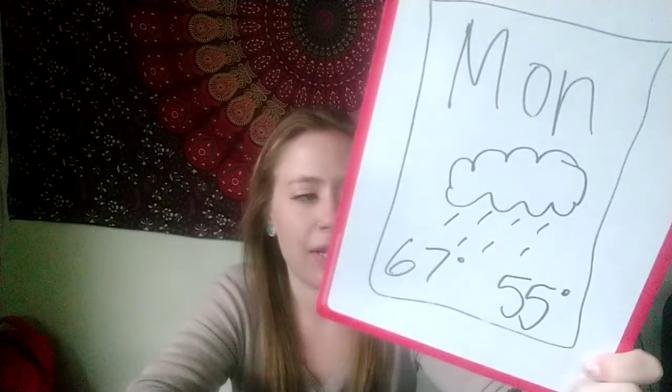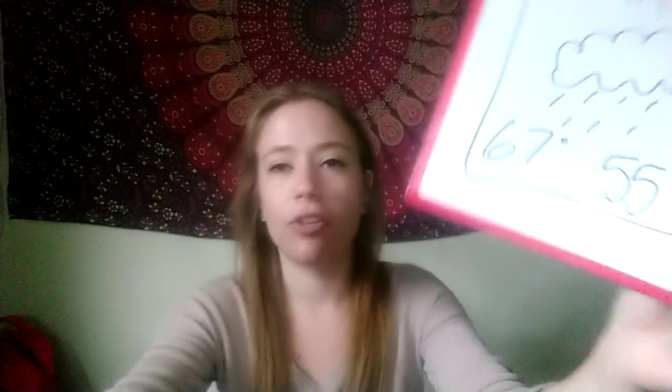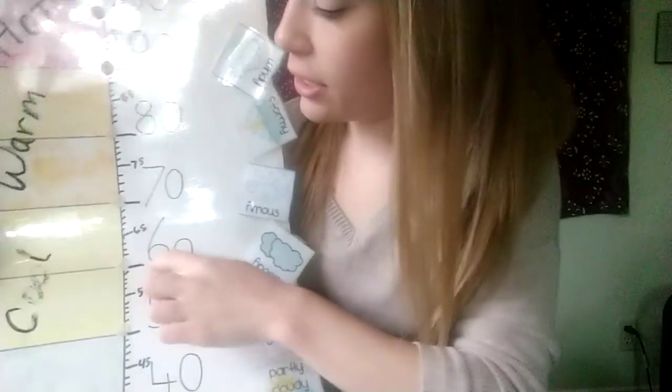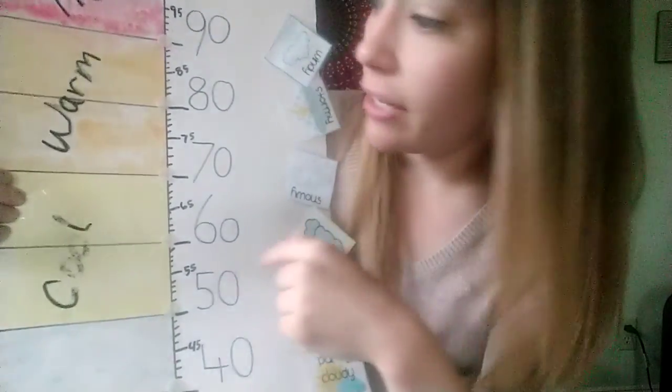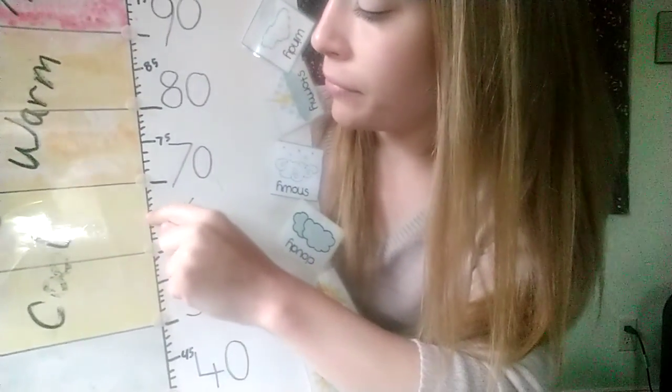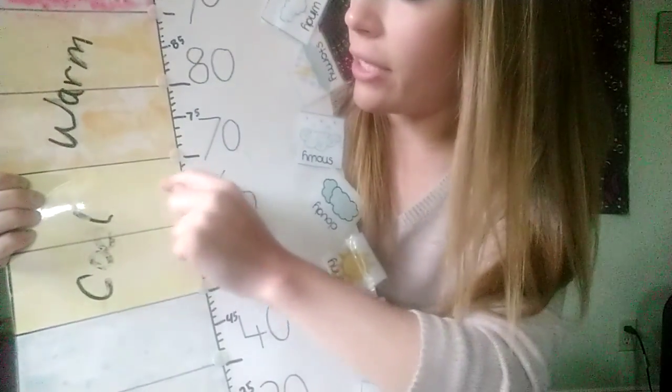And I feel like this might be a trickier question since they are closer in numbers. But if you said 67 degrees, you're correct. So let's go ahead and look up 67 on here. So here's 60, here's 65, and I know that 67 is 2 more than 65, so I'm just going to count up 2 more. 66, 67, and we are in that cool temperature range.